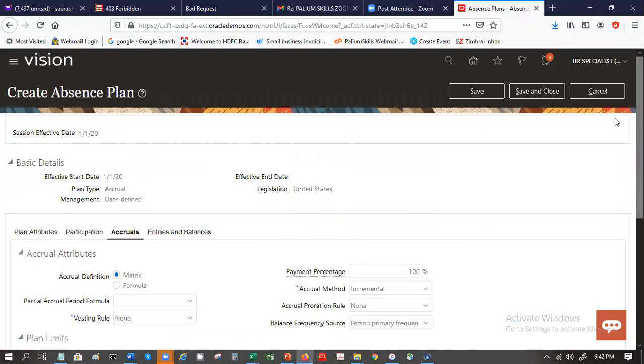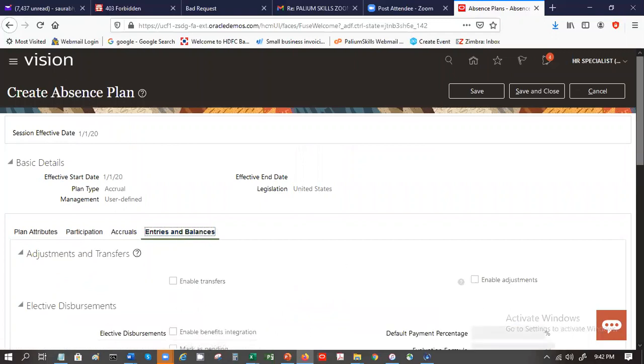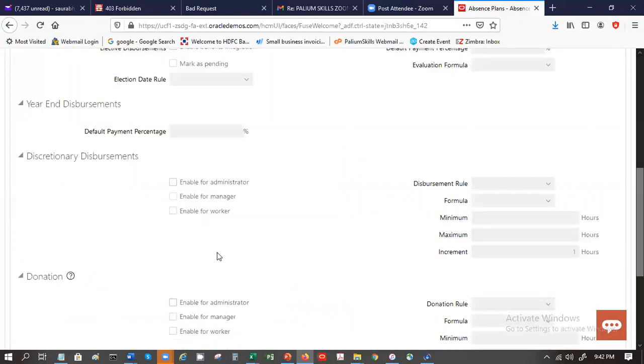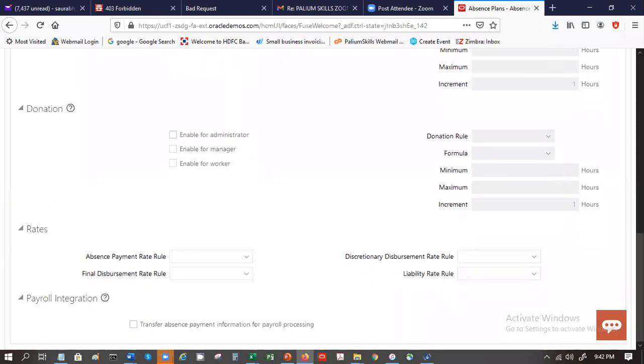So we'll just stop at 2. Then entries and balances are the corresponding elements that you might have, which are used for transferring to payroll, disbursements. Then donations is when you're donating leave from your kitty to the common pool. And you can integrate this with payroll processing also, transfer absence payment information for payroll processing.